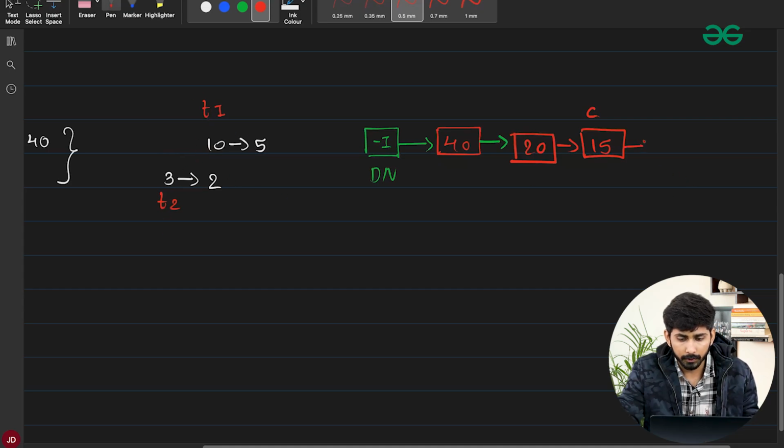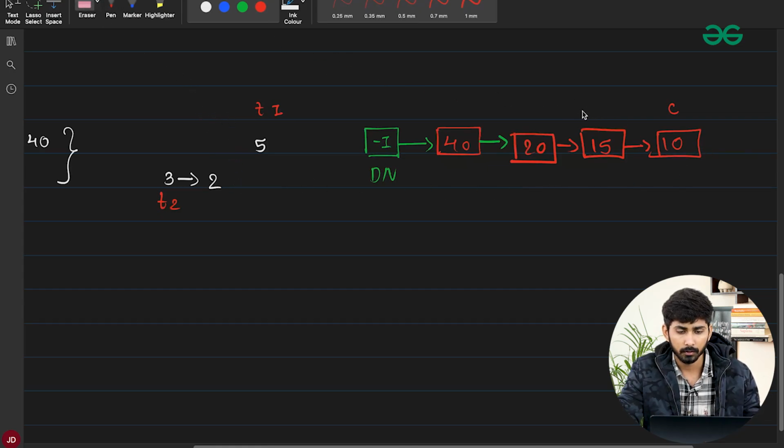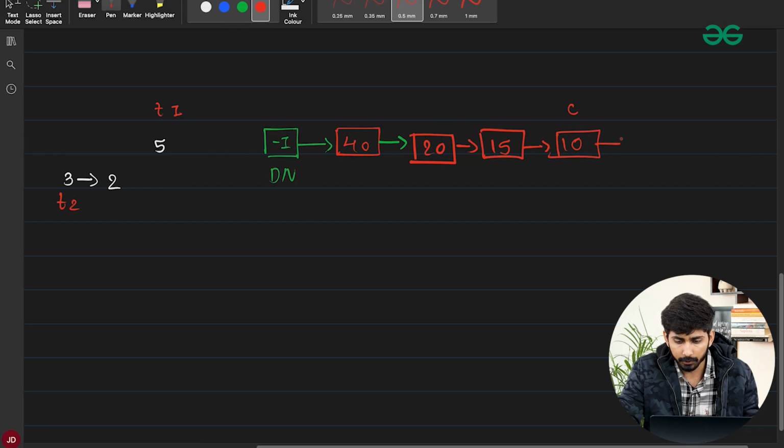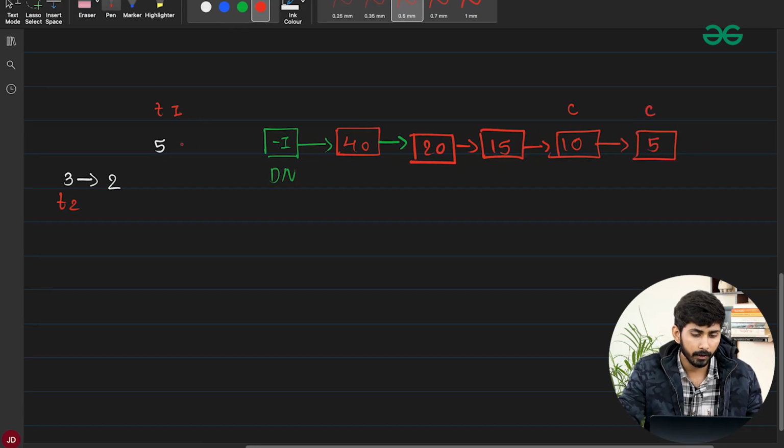So now again the same thing: T1 and T2, which one is greater? I can see T1 is greater, so I'll be appending it over here, and current will move forward and T1 will also move forward. And now I'll be making the next of current null, right? Now again following the same process, T1 and T2, which one is greater? I can see T1 is greater, so I'll be attaching 5 over here and moving the current pointer forward,